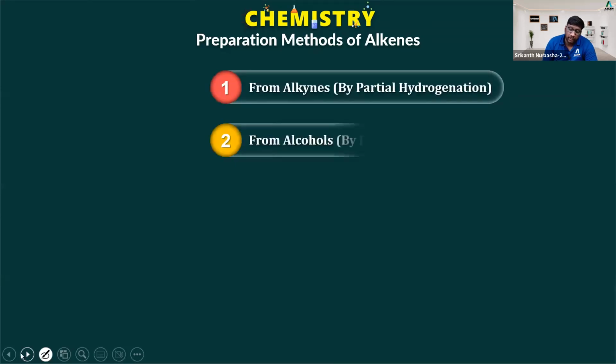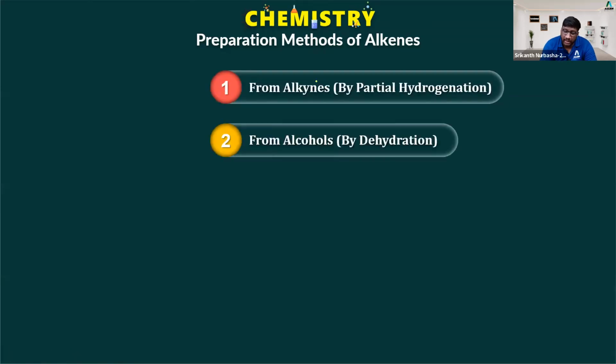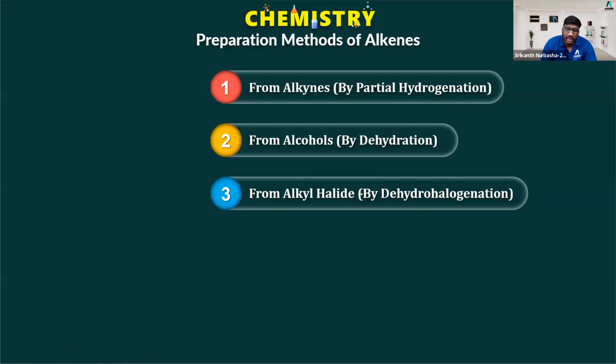If you think carefully, we can produce alkenes from alkynes by partial hydrogenation. If you do complete hydrogenation, the alkyne will be directly converted to alkane. But if you do partial hydrogenation, you will get alkene. From alcohols by dehydration. D means removal, hydration means water. Dehydration, removal of water, you can produce alkene again. From alkyl halide, dehydrohalogenation. If you remember, from alkyl halides also we can produce the respective alkenes, and there comes the discussion of elimination